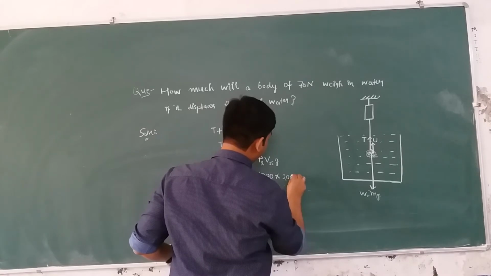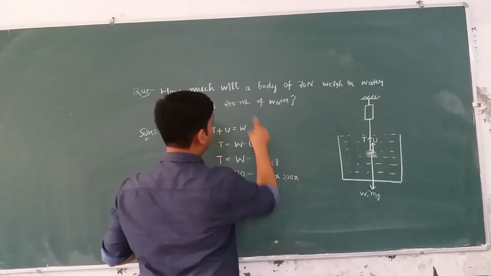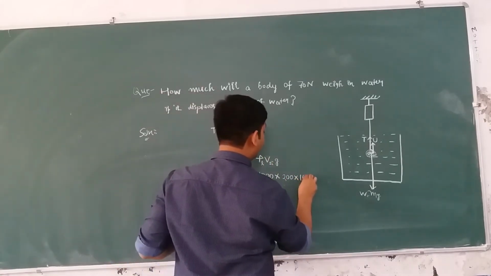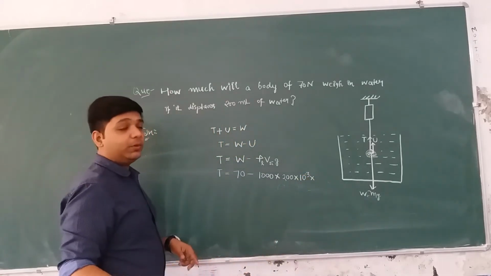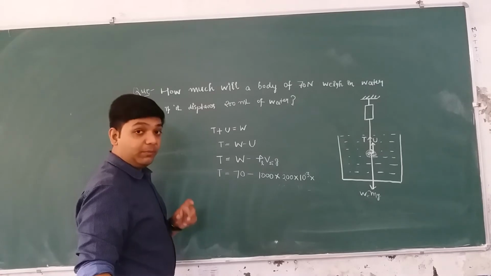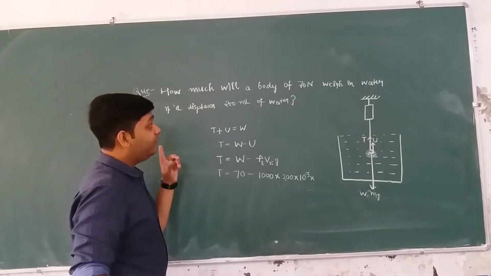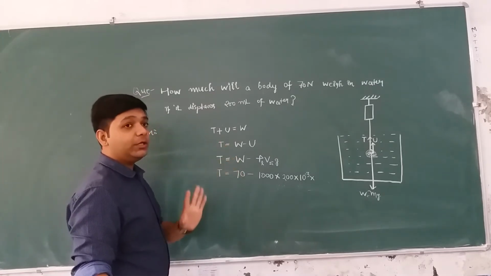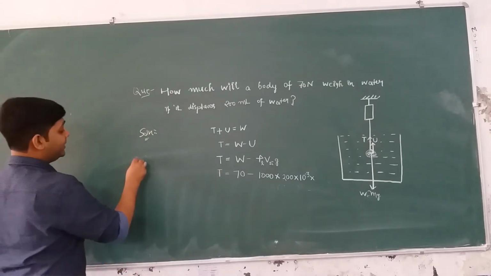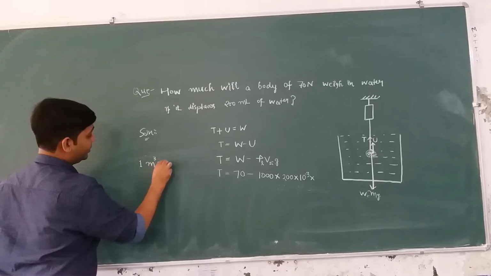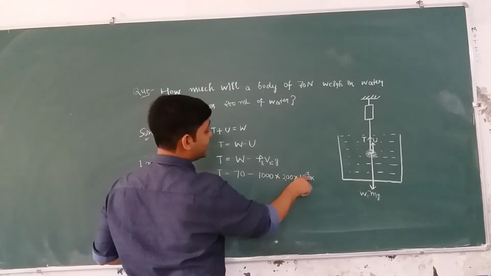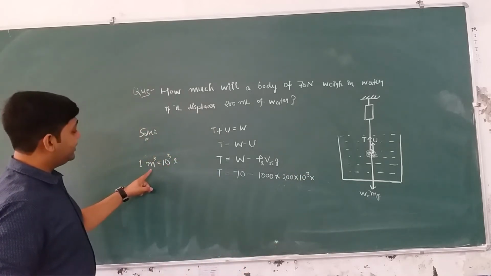We will convert it into SI. 200 ml, 1 ml is equal to 10 to the power minus 3 liter. And what is the relation between liter and meter cube? Because liter is not the SI unit, meter cube is the SI unit. And we know 1 meter cube is equal to 1000 liter. If you don't know, please write it somewhere. 1 meter cube is equal to 10 to the power 3 liter. And here this value is now in liters and we want to convert it into meter cube.